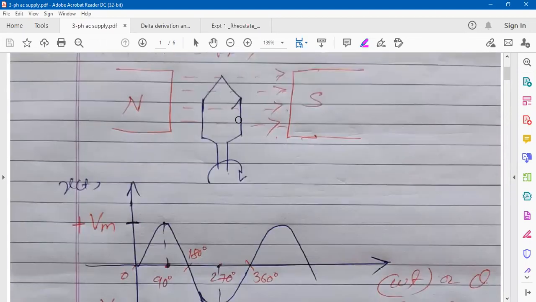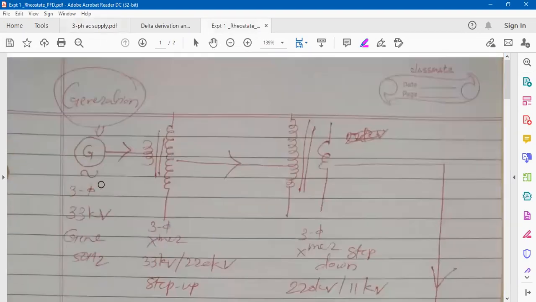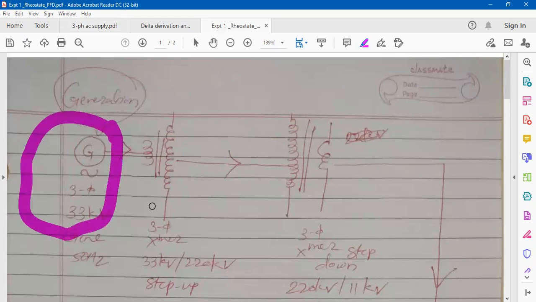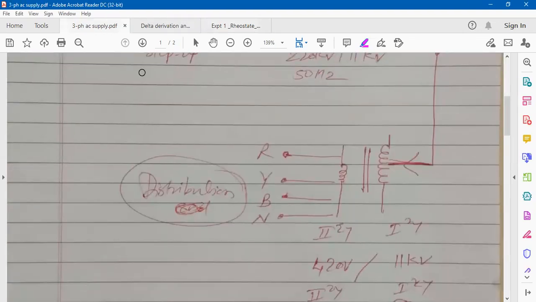Now whatever 3-phase AC supply we are getting, it is generated with the help of a generator, isn't it? Here I told you this one, see. This one is a generator. It is generating that 3-phase AC voltage. Then it is stepped up, then stepped down, further stepped down, and then we get it. So whatever this generator,